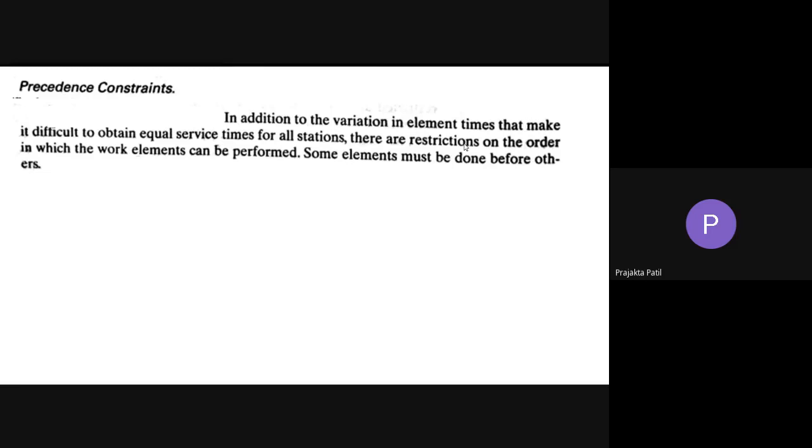Therefore, these act as constraints and need to be followed to accomplish the task. In addition to the variations in element time that make it difficult to obtain equal service time for all stations, there are also restrictions on the order in which the work elements can be performed. Some elements must be done before others.